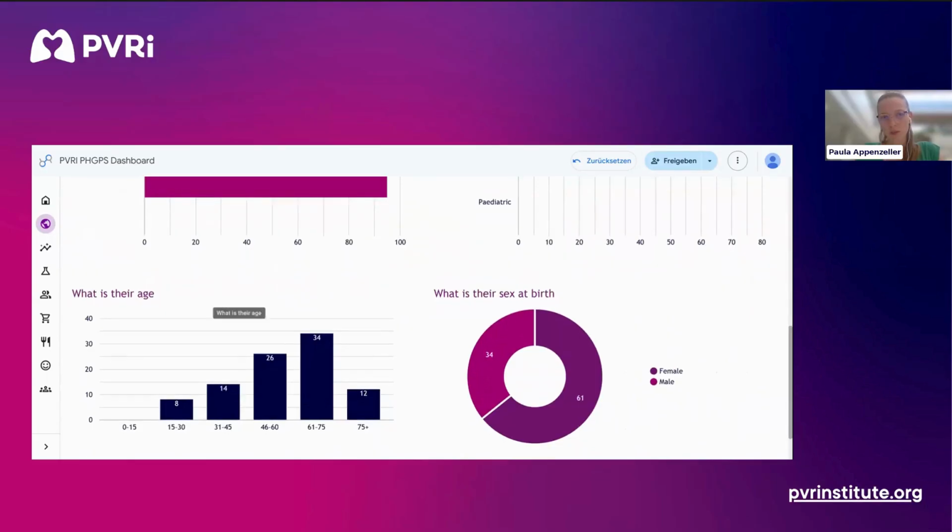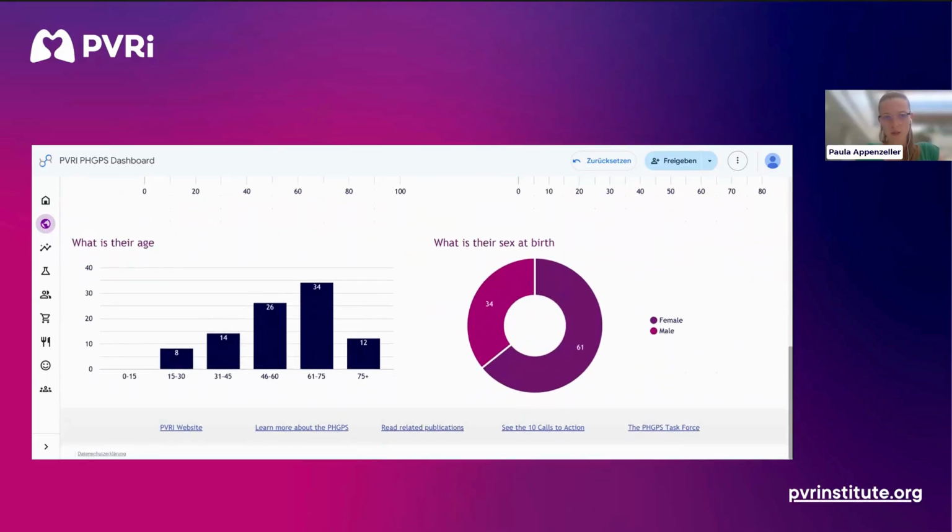As I said before, we can see here the age distribution of all the participants in Austria, plus their gender distribution. What we can see here is that there are no respondents in the pediatric space. They have no respondents aged 0 to 15. This could be for 2 different reasons: either there were really no respondents from Austria that were this young, or because the number was less than 5. At the moment, we can't decide which one of the two options it is.